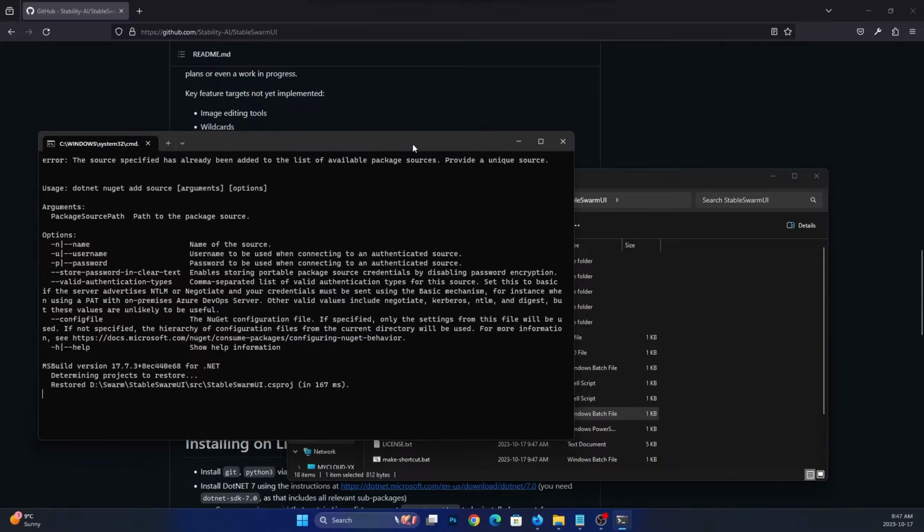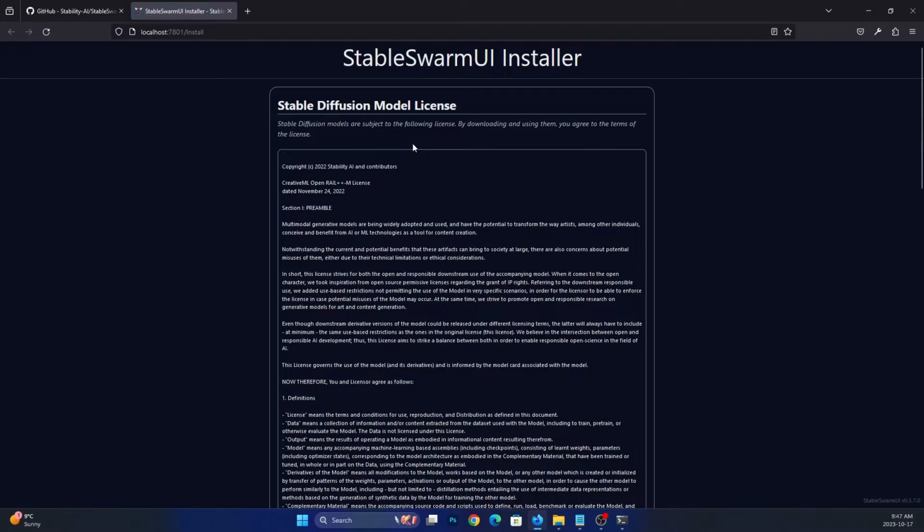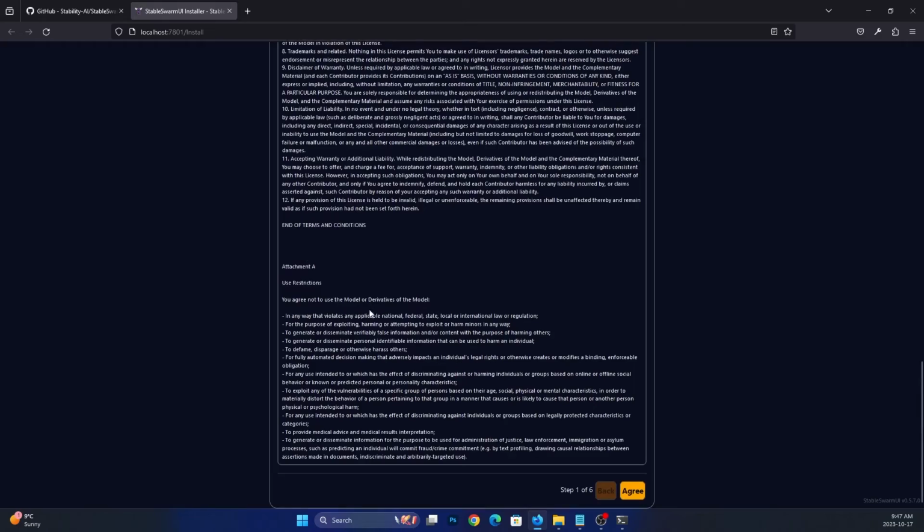Okay. And what it's going to do is continue to check for prerequisites and things that it may need. And then it's going to load. And what you're going to get is an installation window. I know, crazy, right? Because in Stable Diffusion, we rarely get a walkthrough of the installation, which is awesome. So you have the Stable Diffusion model license already on the front page. We can scroll all the way down. You can see here we have step 1 through 6, so we got a few to go through,